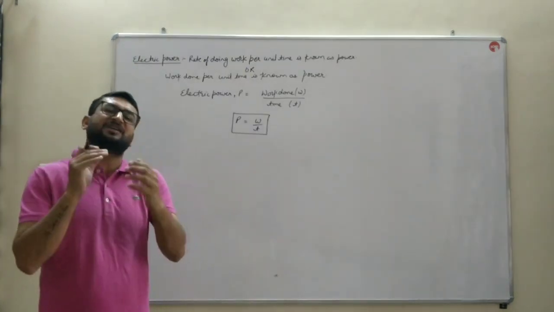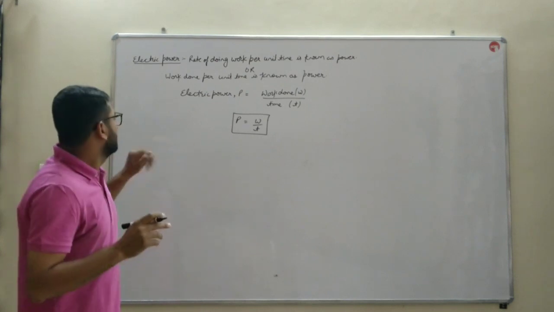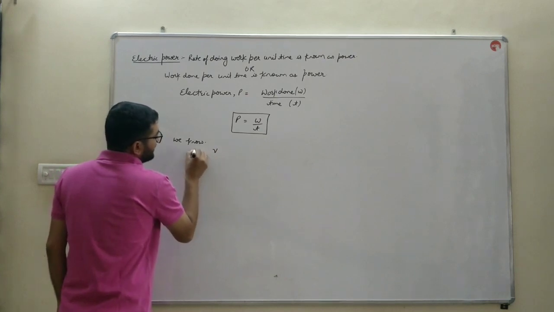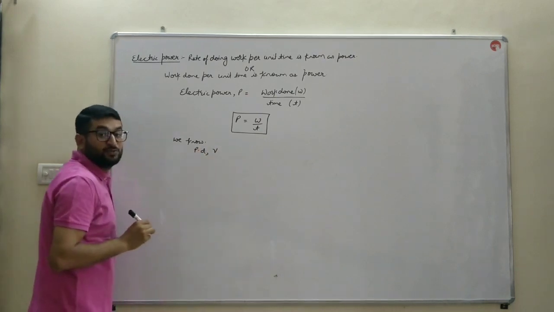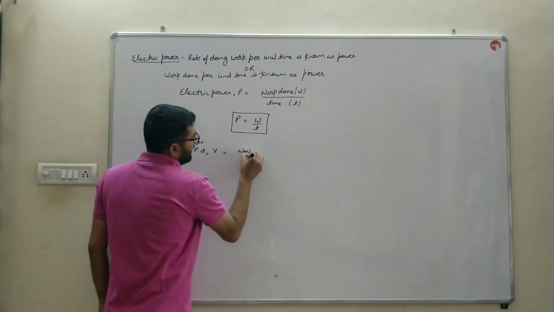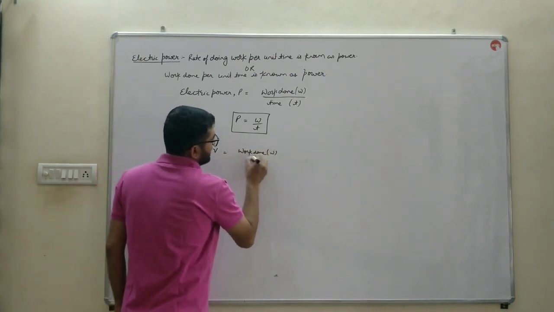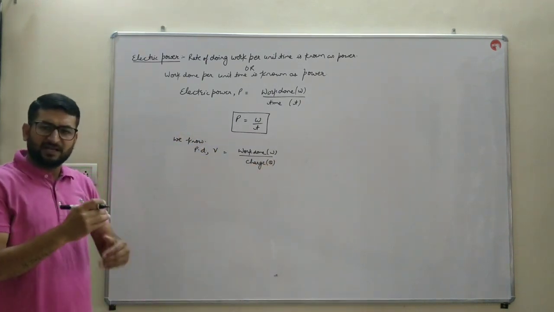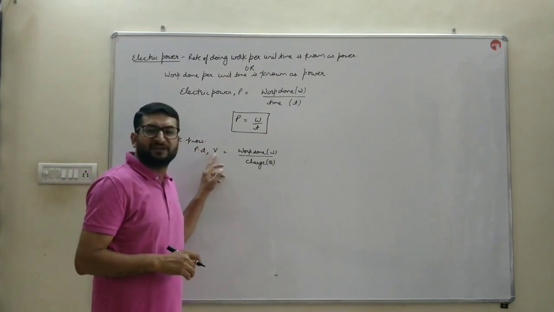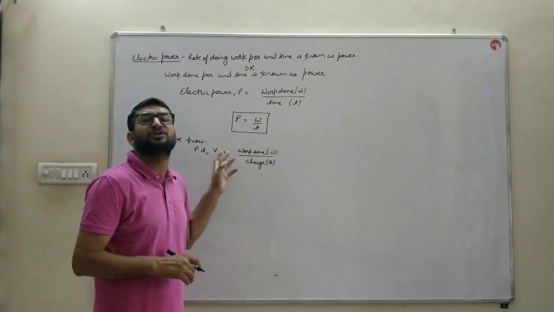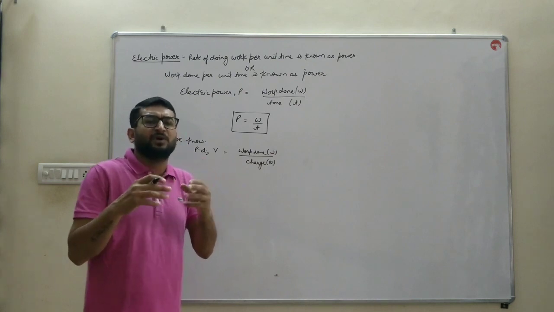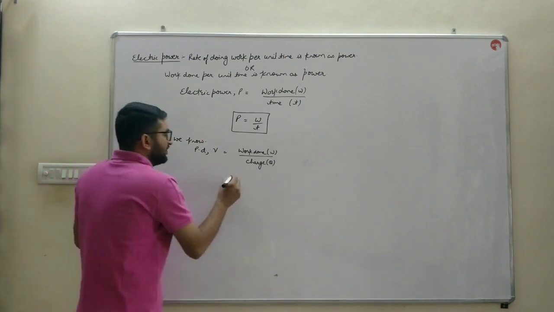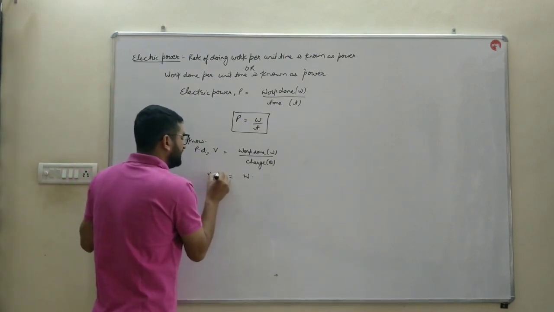Now we will deduce some other formulas from that given formula. How? We know potential difference, that is V, is equal to work done per unit charge. We had studied in our previous lectures, children, that potential difference is equal to work done per unit charge in bringing that charge from one point to another point in the electric field. That is what the potential difference is all about. So from here we get W is equal to V into Q.